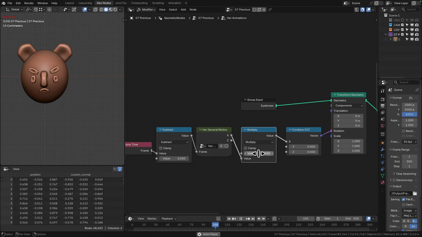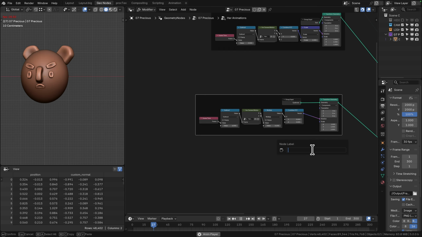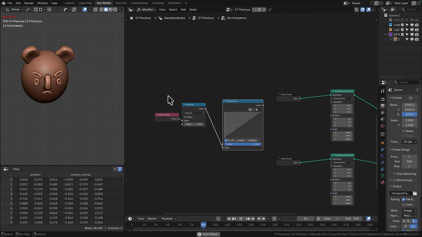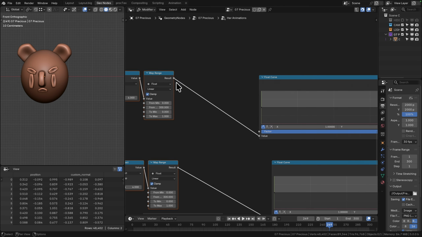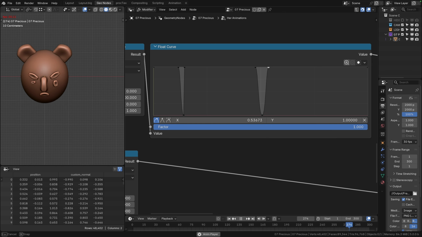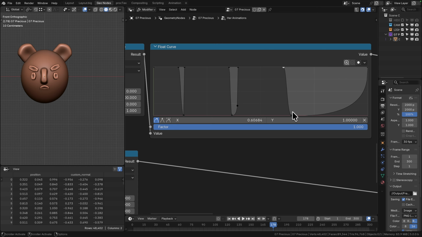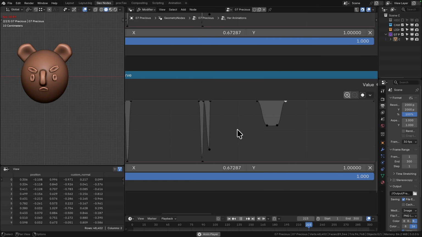So you really can do all of your transforms with that. And then you've got data now. You've got 0 to 1 data. You can just plug that into whatever you need. So you could even go through another map range to change your variation. Maybe you're going from 0 to 1 becomes -2 radians to +2 radians, and you can plug that into some rotation. And because you have it in the node graph, I basically made one node group that